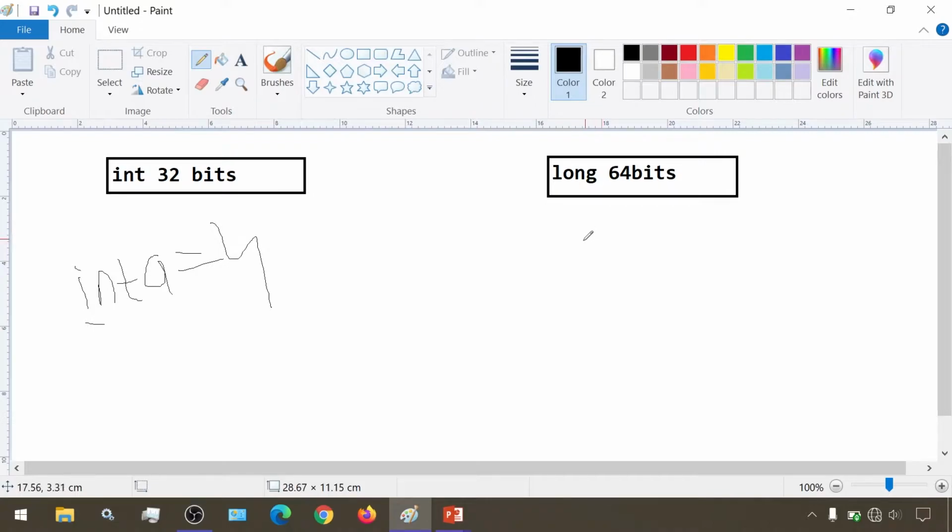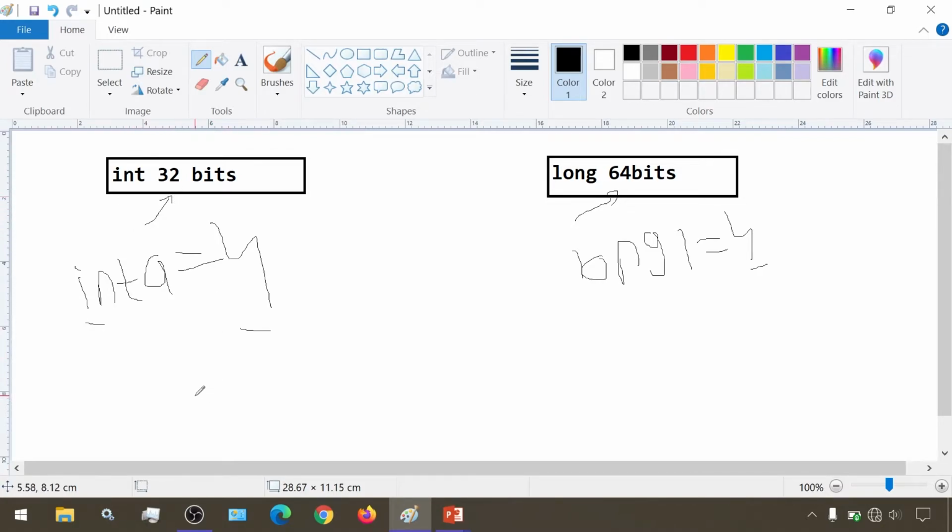And then suppose I have a long variable named L with the same value 4. Now in both these cases, even though the value is the same, 4, the memory occupancy of long is 64 bits and that of int is 32 bits.